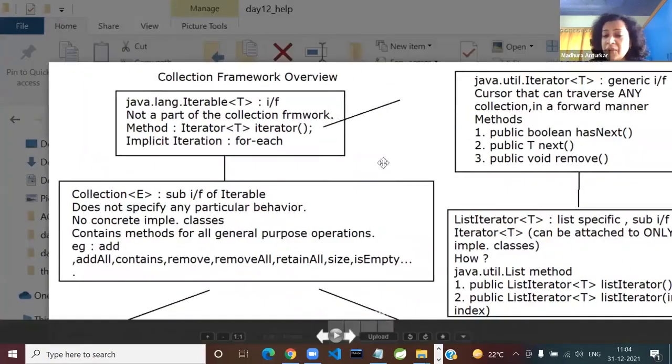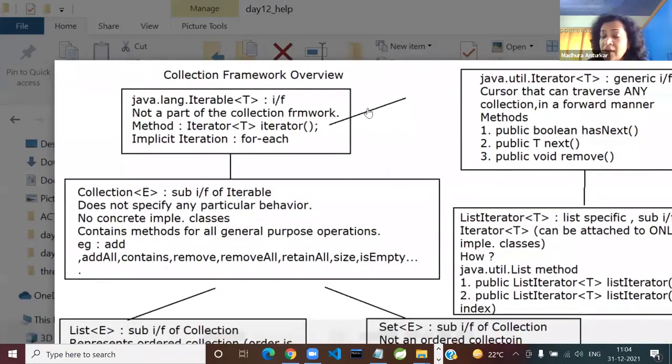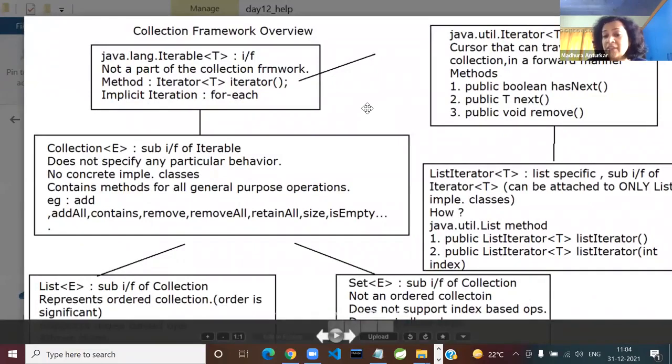So, collection framework is nothing but the ready-made implementation of data structures as well as data structure algorithms in Java. So start answering. Was it possible for you to change the size of the array dynamically? It's a Boolean question, yes or no. Everyone knows the answer. It was not possible.